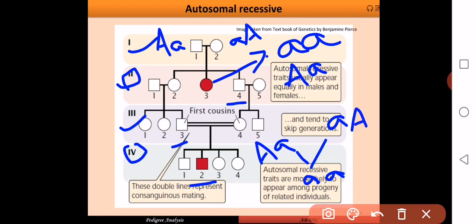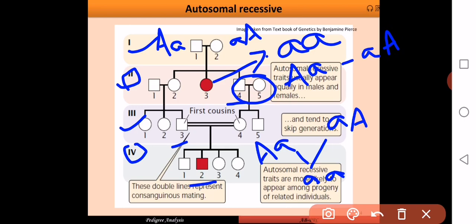And let's again cross back into the family. For the individual 4, is it possible to have small a capital A? Let's check again. The individual 4 in the third generation comes from this couple, this family, right? So in that case, the individual 4 in the second generation is a carrier, capital A, small a. Suppose it is so, and he gets married to a lady who is maybe a carrier. Since she is healthy, she has to be a carrier. Then it is possible to have